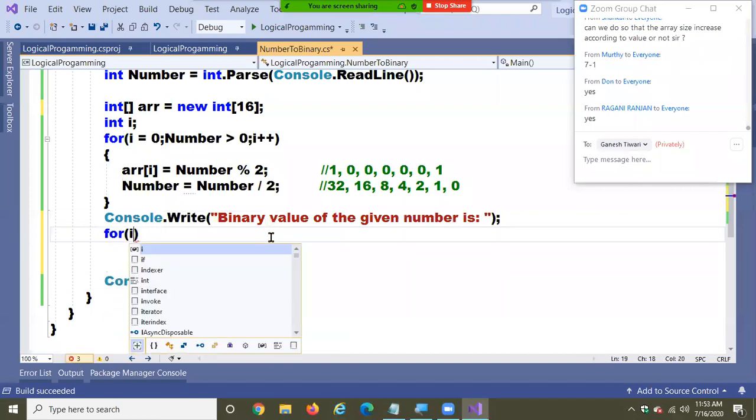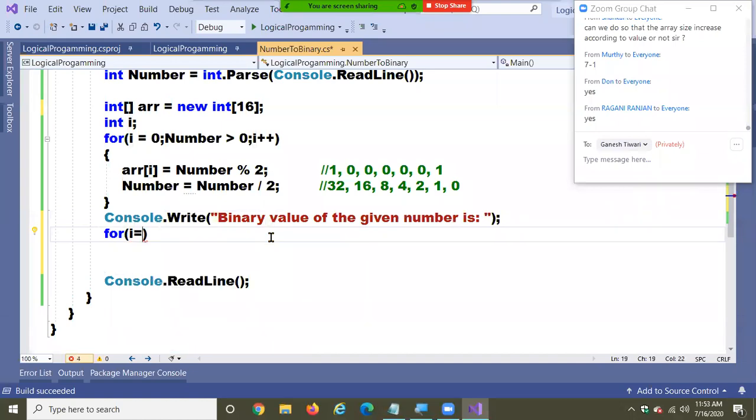I'm using the same I. I is equals to, okay. This 7 means you want to print how many cells? Array 7 are occupied here. Means from where to where you should print? 6 to 0. Understand? 6 to 0. Perfect. So now I should start from 7 or I should start from 6?